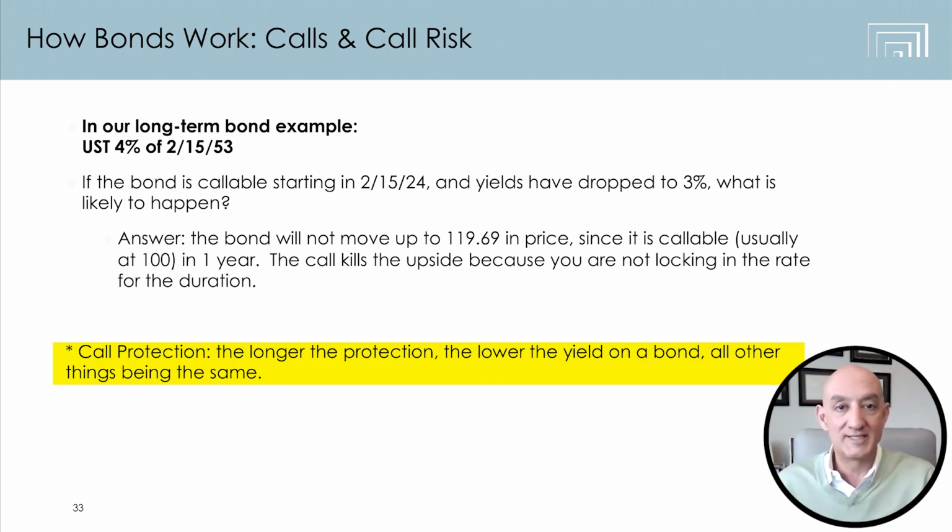Now, a call is not always necessarily a bad thing because you will get compensated for that. The issuer has to pay for that call option. In other words, in that hypothetical example, if that bond was non-callable, that 4%er at par, a bond that's callable in 10 years might have to pay 4.2% because you're only locking it in for 10 years. That same bond that's callable in 1 year might have to pay 4.5% because you're taking 30 years of interest rate risk, but only locking it in for 1 year. So you do get compensated, but it's important to be aware of what calls are and how they impact bonds.